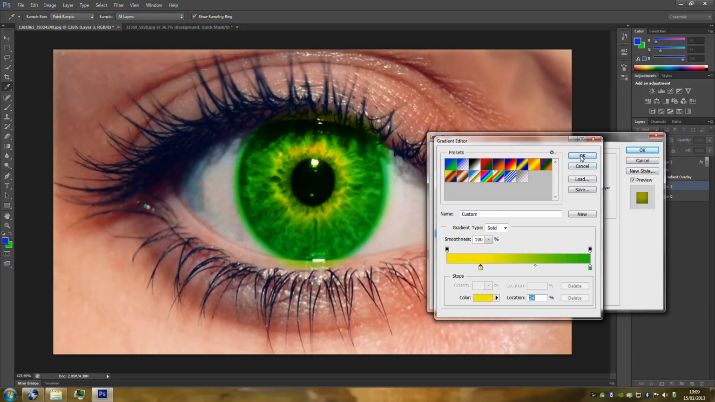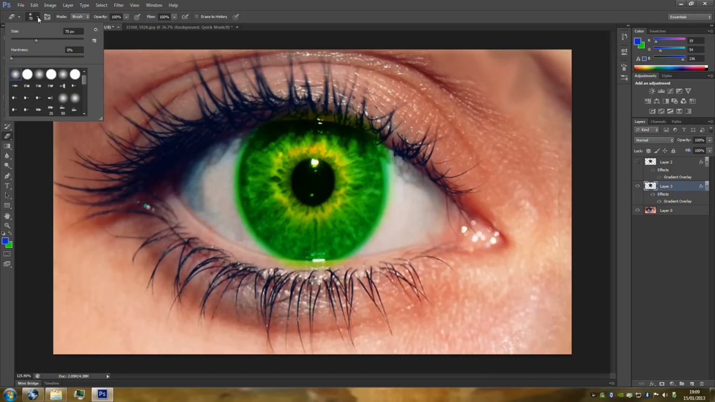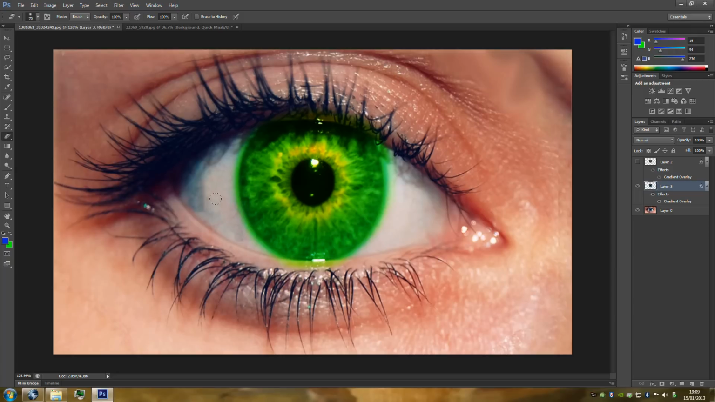So that's about it. We're going to click OK and then click OK again. Now as you can see, it's overlapped quite a bit, so we're going to edit that out. We're going to go over to the eraser tool. You want a very soft brush for this, so we're going to go up to the top and make sure the hardness is set to 0%. Click the soft brush, and then we're just going to carefully, with a very steady hand, go around the eye